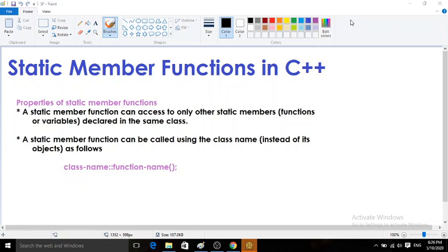Today we will see static member functions in C++. In the last lecture we saw how to use static variables in a C++ class. Just like static variables, we can also use a static member function in a C++ class. So for static functions, if we want to use a static function as a member in our class,